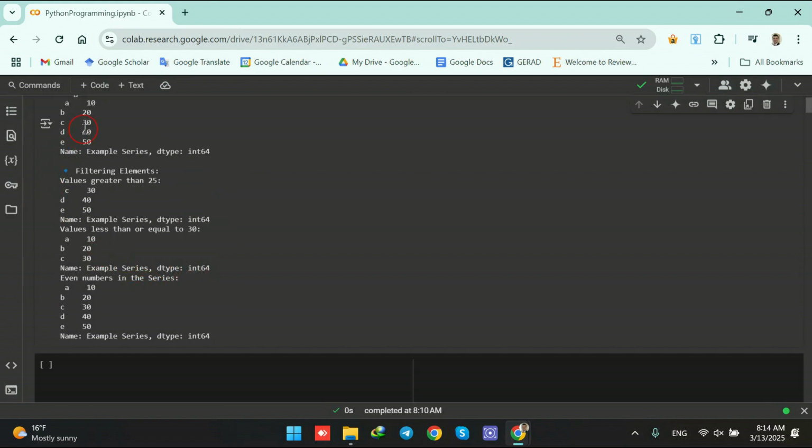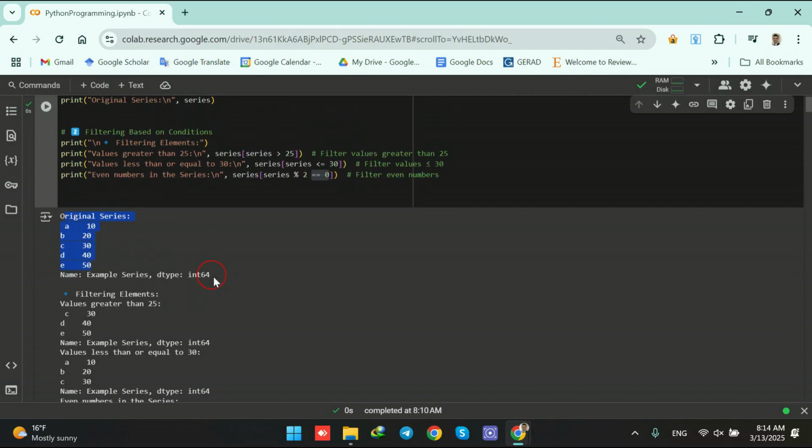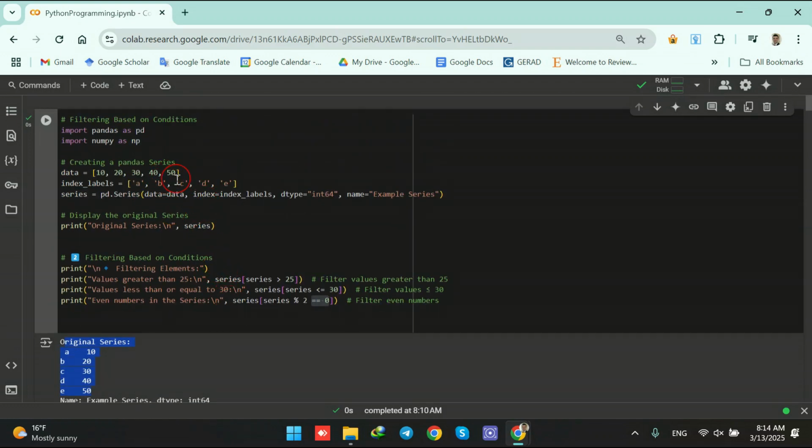For this, we are saying 10 divided by 2, the remainder equals 0. Yes, so we are having 10. 20, when it is divided by 2, is the remainder of this division equal to 0? Yes, so we are having 20. The same goes with 30, 40, and 50 because all the elements in my original series are even numbers. So if I add, for example, one odd number here, 55, and one label here, for example, F,